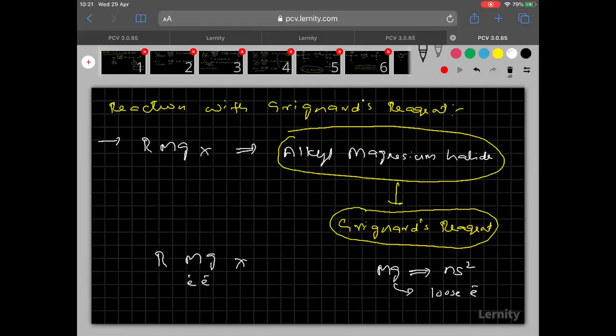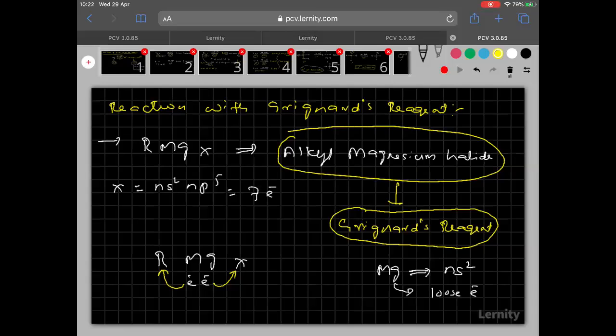Then I think you know X. X is what? Halogen. Halogen's outermost configuration is what? NS2 NP5. That means in their valency shell, 7 electrons are there. So they need 1 electron only for the octet configuration. So remember, out of the 2 electrons, 1 electron is taken by the X, 1 electron is taken by the R. Is it clear everyone? The 2 electrons which are lost by magnesium, out of that 2, 1 electron will be taken by the X, thereby octet of X will be completed, and 1 more electron is taken by the R.